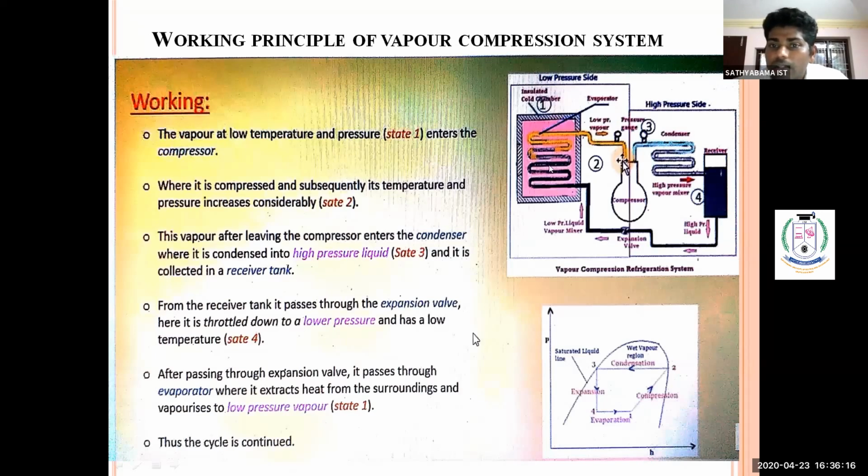It will convert this vapor into liquid by means of rejecting the heat. Thus the cycle will be automatically continued. See here I have mentioned